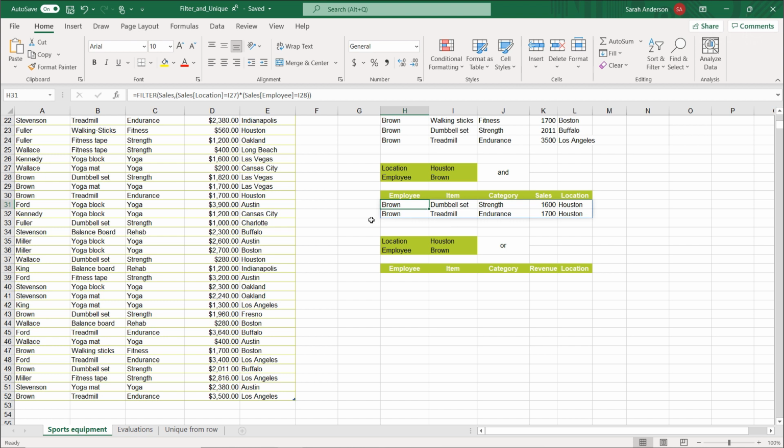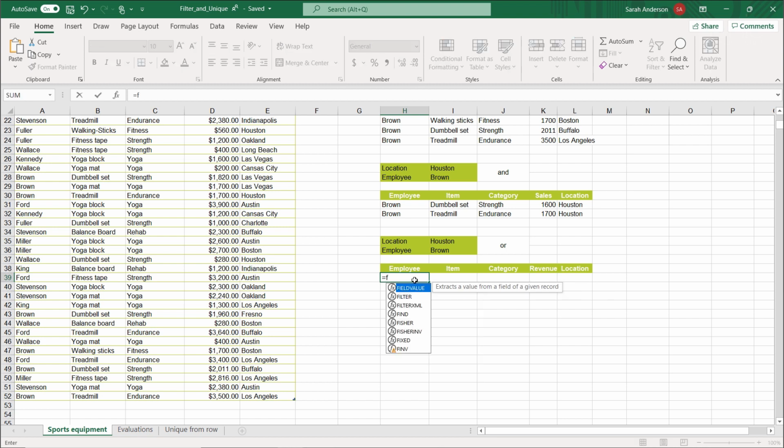However, if you want to have all records displayed where either the employee Brown generated the sales or sales that were generated in Houston, then you also have to link the criteria. But now use a plus sign instead of the asterisk. I'll show it again briefly here. Equals filter,